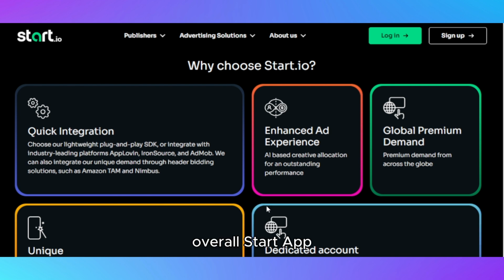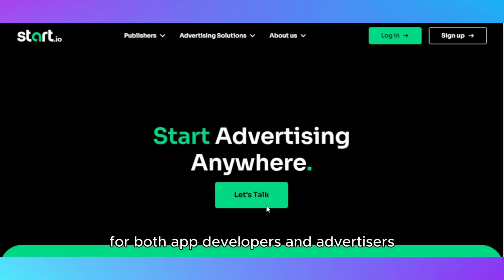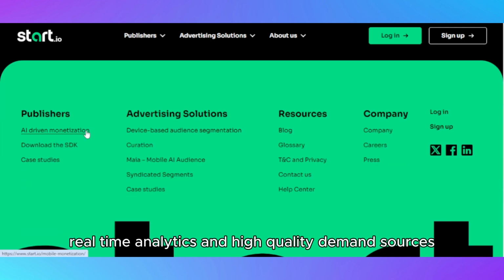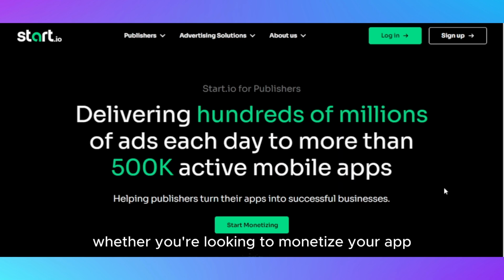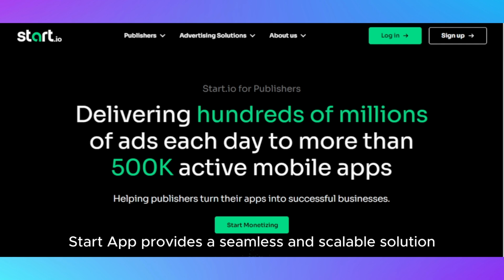Overall, StartApp is a powerful ad platform for both app developers and advertisers, combining AI-driven ad optimization, real-time analytics, and high-quality demand sources. Whether you're looking to monetize your app or run effective ad campaigns, StartApp provides a seamless and